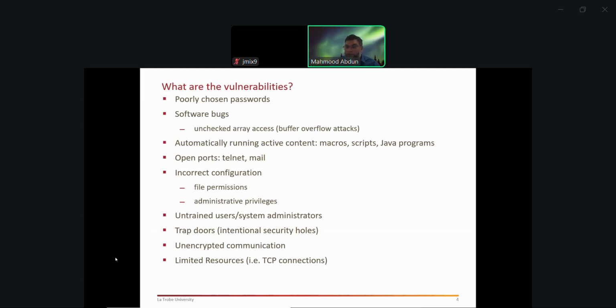So what are some of the examples? Poorly chosen passwords. If passwords are not adequately strong, then that affects which one of those CIA triad, for example, the confidentiality, right? And also the authentication.